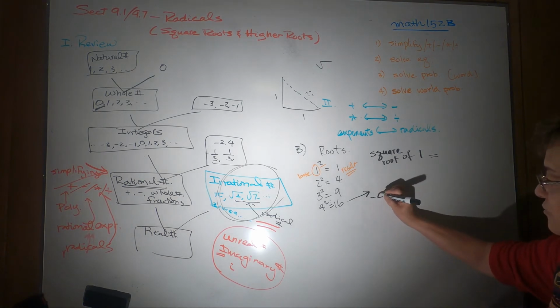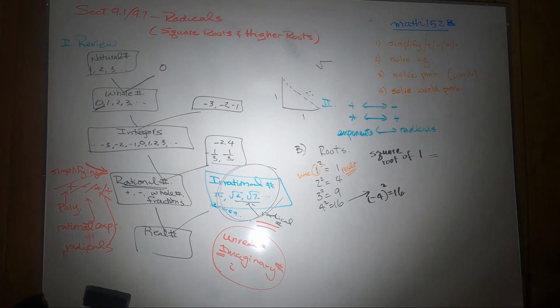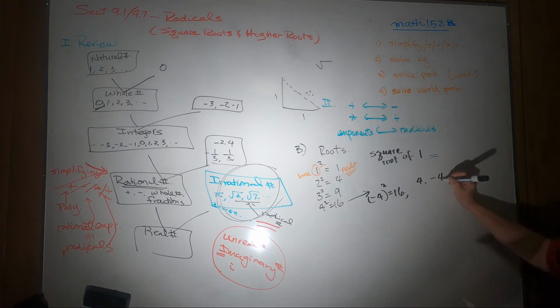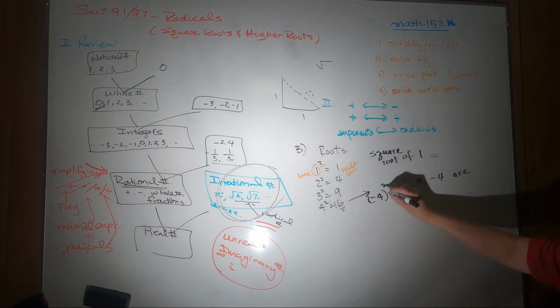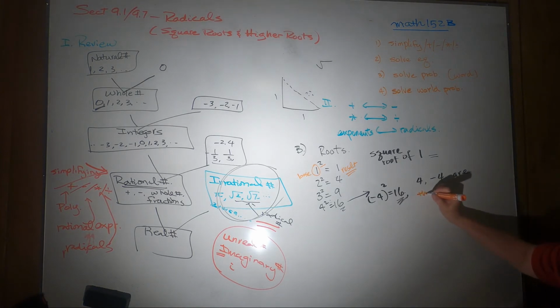Then how about negative 4 squared? It's also 16, right? So we say 4 and negative 4 both are the roots of 16, the square root. Square root means what? The root of square,